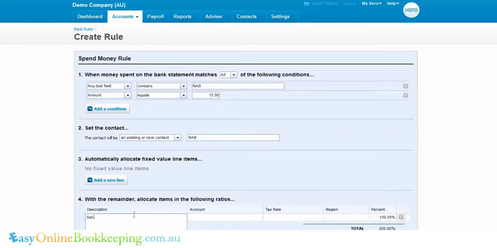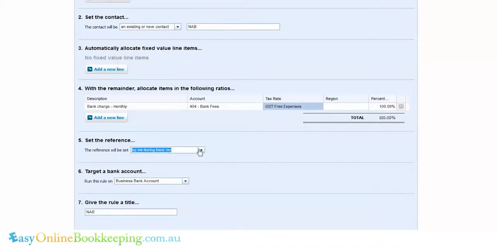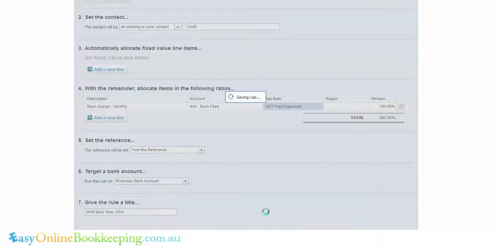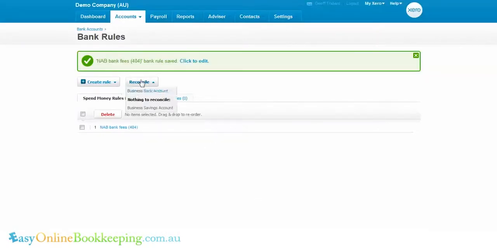The description, we'll put bank charge monthly. The relevant code is bank fees. So 100% of this figure, according to this bank rule, will go to bank fees. Description for the rule, and also as per my usual convention, I put 404, indicating in this rule where the amount is going to be coded to, that is 404 bank fees. Click Save. Back in the Reconcile screen,